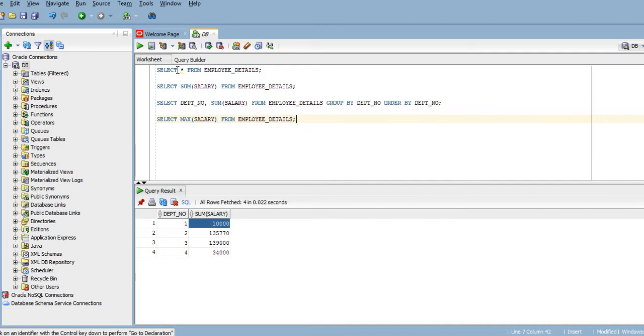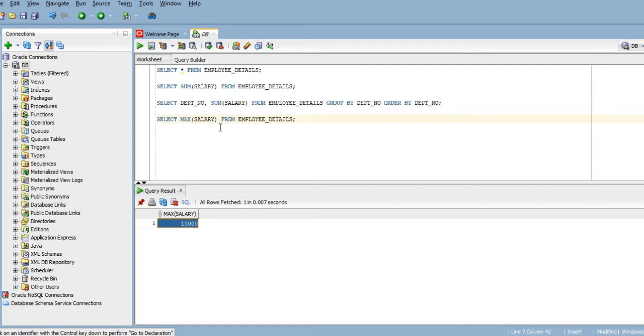Let me run this. If I run this, it retrieves the data of the maximum salary field. Now if we want to check the maximum salary for each department, how to do that?